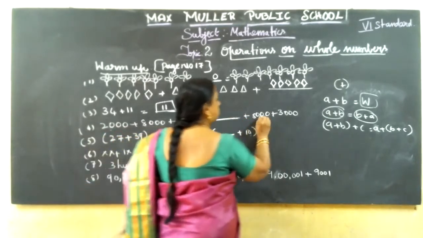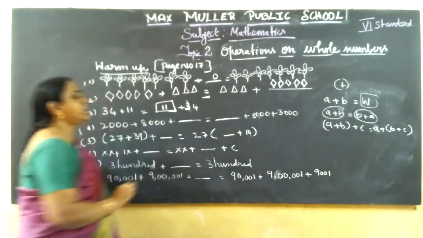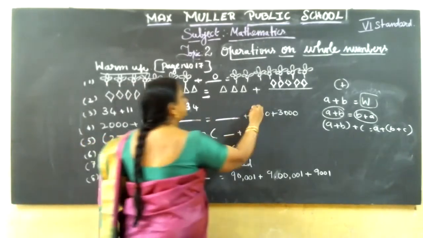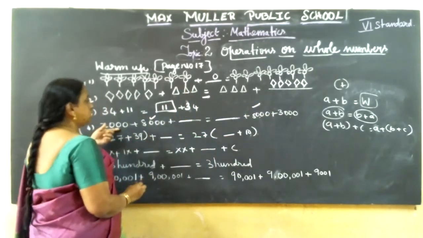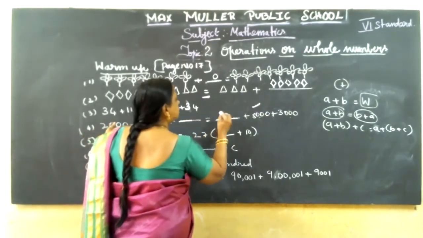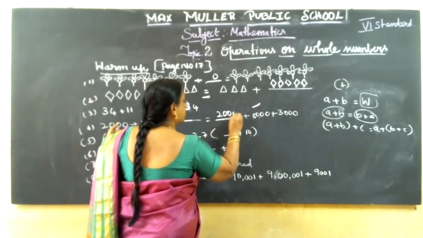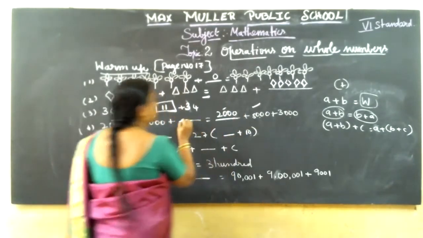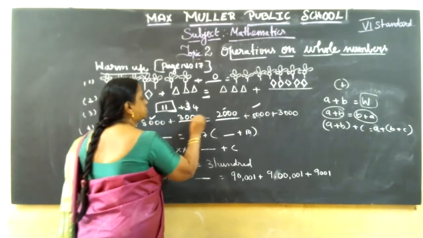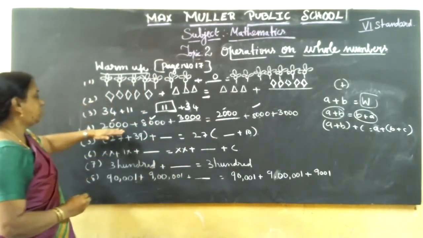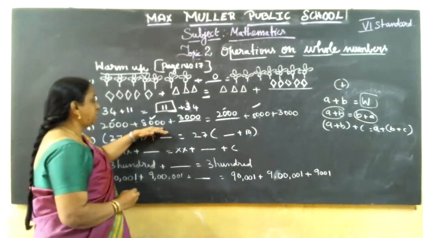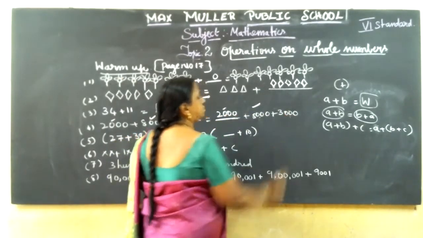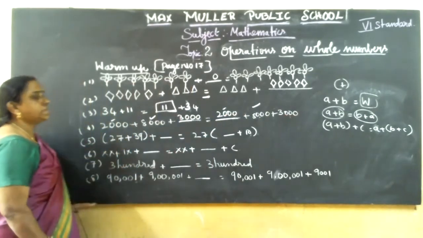Now in this, 2,000 plus 800 plus what is equal to this side? Dash plus 8,000 plus 3,000. So what number will come? You should balance both, you should equalize. So 8,000 here, here also 8,000. Here 2,000 is there, here 2,000 is not there, so you write 2,000 here. Here 3,000 is there, here no 3,000, so write 3,000. Now both sides are equal. 2,000 plus 8,000 is 10,000, plus 3,000 is 13,000. This side also 8 plus 2, 10, 10 plus 3, 13. Got it? Now both sides are equal.